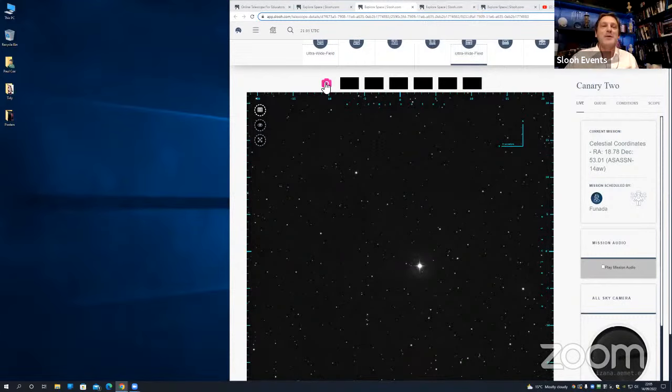I meant to snap a picture of that to show everybody how easy it was to capture an image. But all you would have had to do, if you'd done it in time, was click that little camera icon there, and you snap your own personal image of whatever the live view is showing.